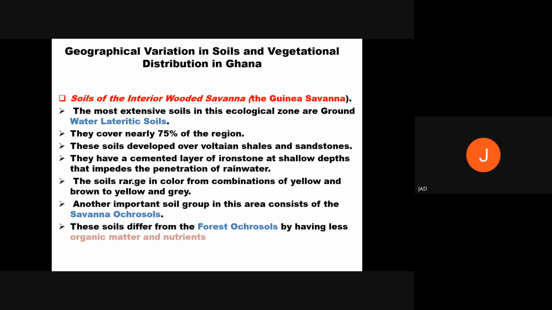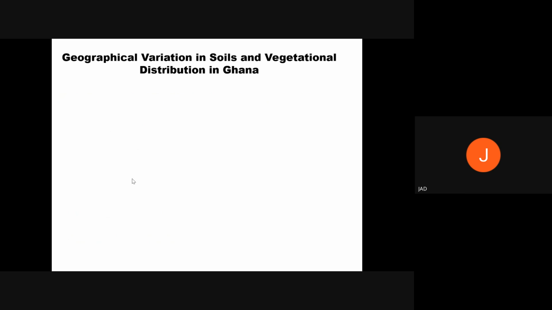So you have low biomass, and of course, there's another major human problem: recurrent annual fire, bush fires, will also destroy most of the organic matter in the soil. So you have low plant biomass accumulation in the savanna region as compared to the forest zone. So soils of the southeastern coastal savanna,